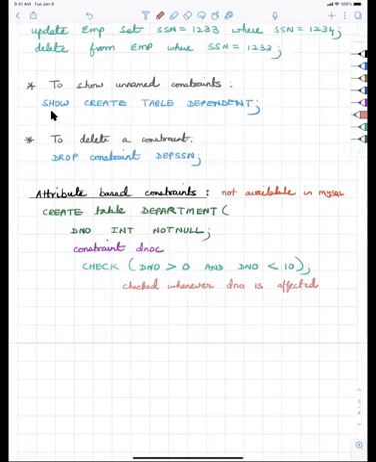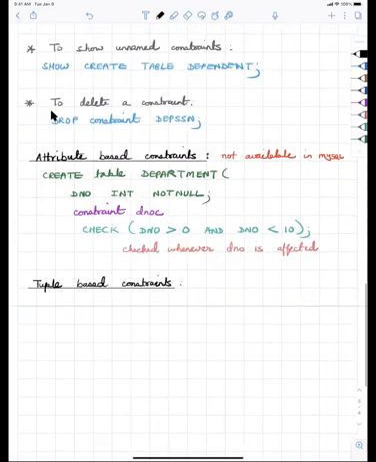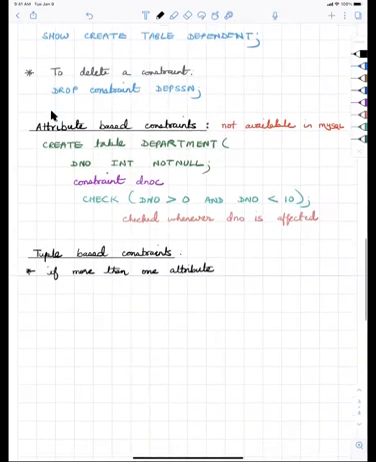Similar to this, you also have constraints that touch the whole row. So if you have more than one attribute participating in the constraint, then it's called a tuple-based constraint. So again, as an example,